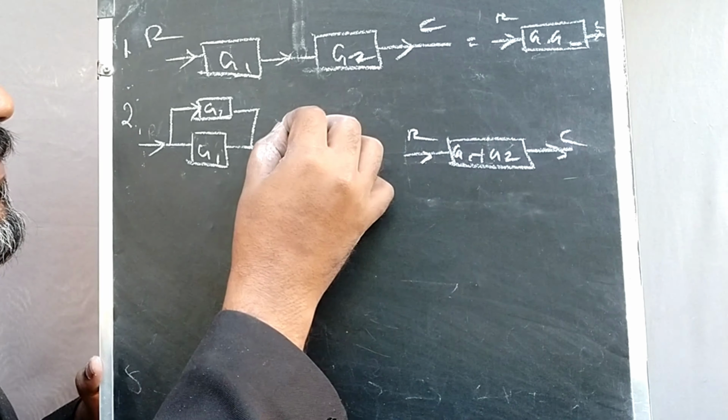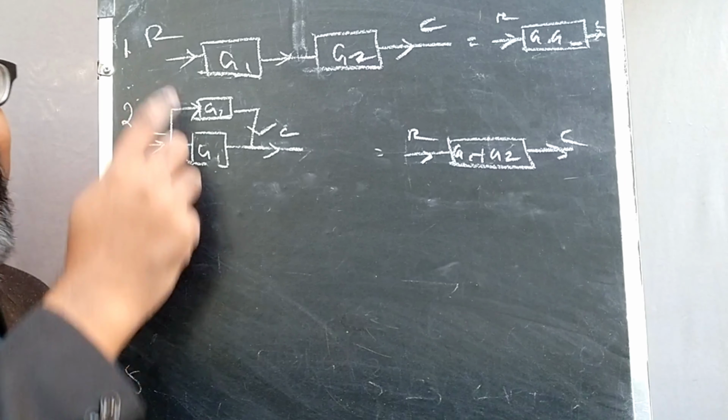If the arrow mark indication is in the backward side, then that is considered a loop. That is a separate rule for removing the feedback path. That is the thing you need to understand. This condition applies especially for blocks in parallel connection. The most important thing is that the connection between the blocks is not a feedback path. If the blocks look like this and you want to remove this, you apply the rule G1 plus G2. We can add these two blocks.